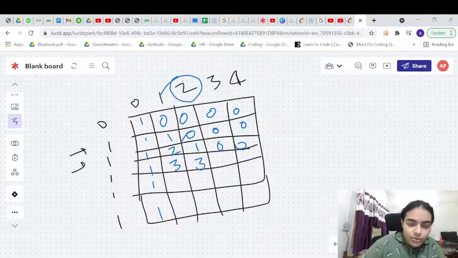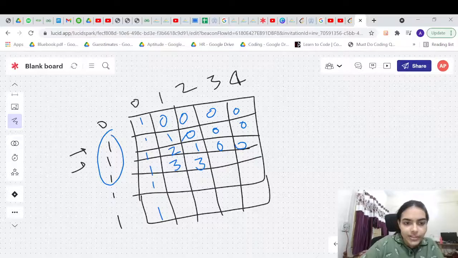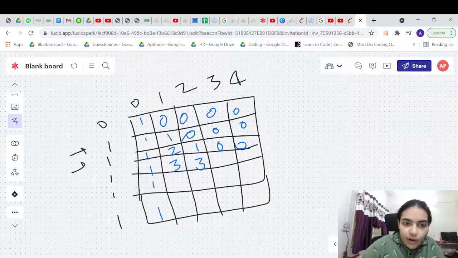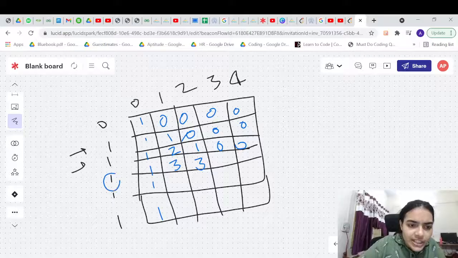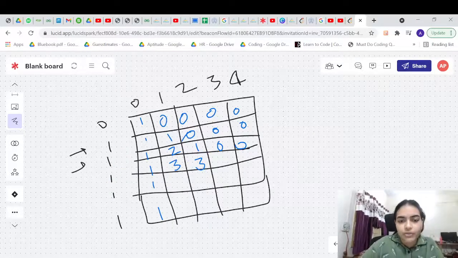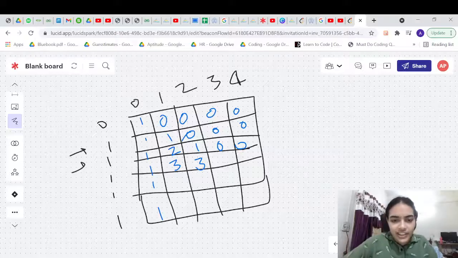So what is this? You have to make 2 using all the 3 possible values. So how can you make it? You were already able to make 2 using one way. This is one way to make 2. And now with this new additional one, you can use this one or this one. So basically you have to add these two values. Let me not complicate it, let me just fill the dp table quickly.